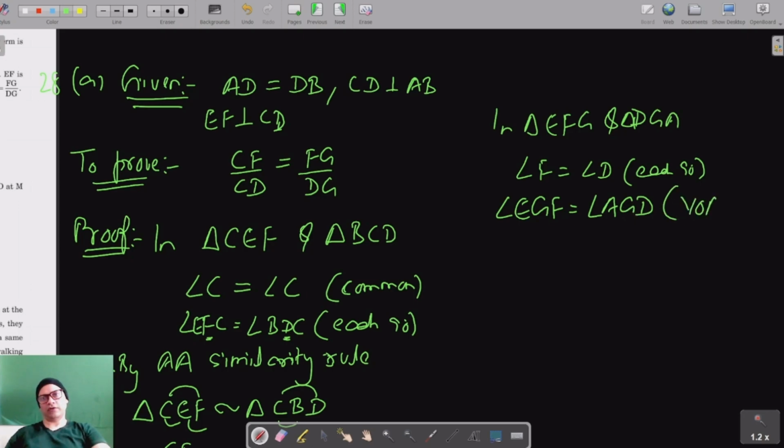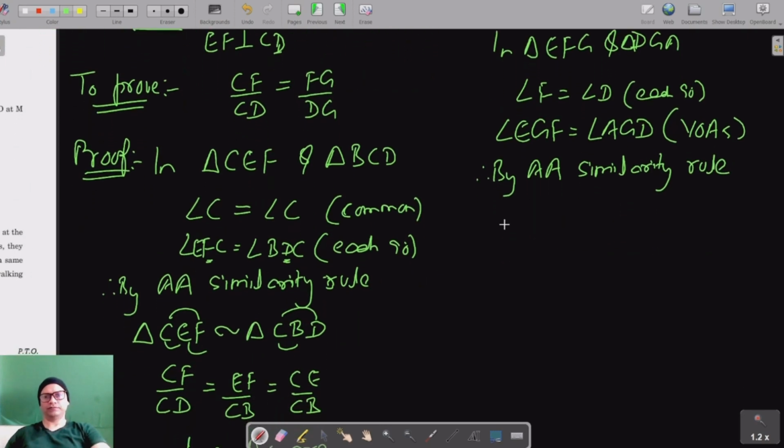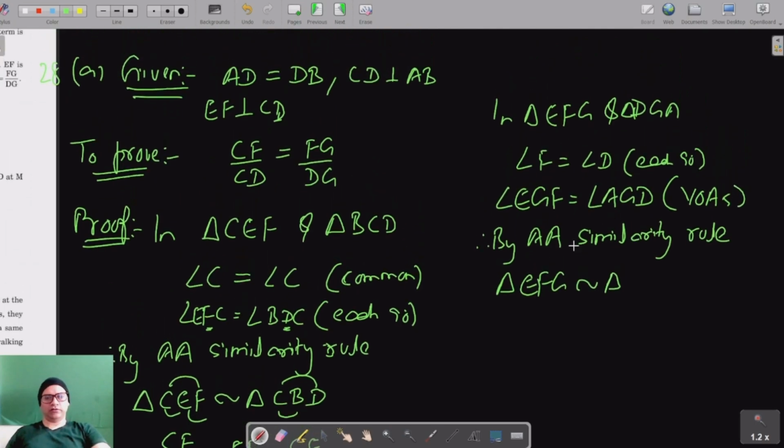These are vertically opposite angles. So therefore, by a similarity rule,